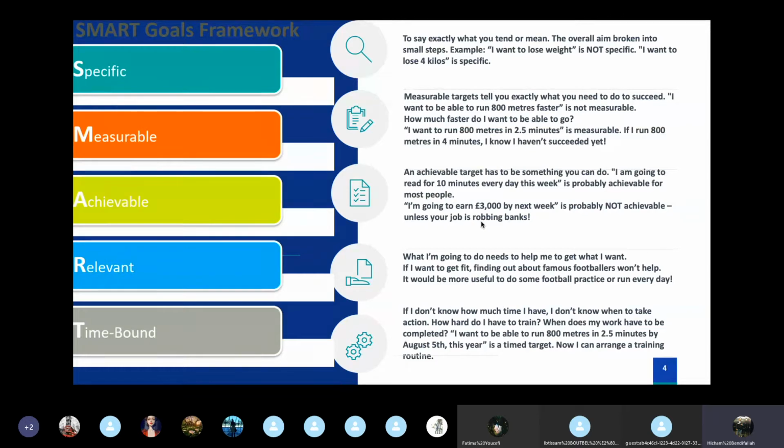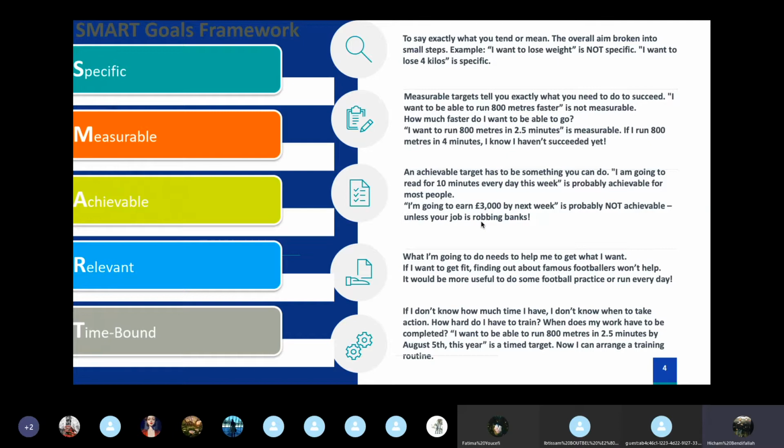Measurable means it's the thing that you really believe is doable. You cannot put something you cannot reach. So a target needs to be exactly what is going to explain for you the success route. If you say, for example, I want to be able to run 800 meters faster, this is not very much measurable. But if you say, I want to run 800 meters in 2.5 minutes, this is absolutely measurable because you've put a measurement,